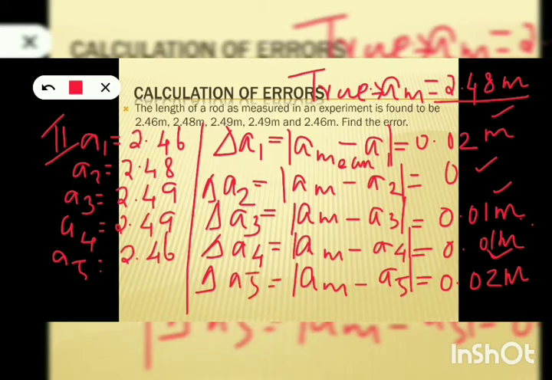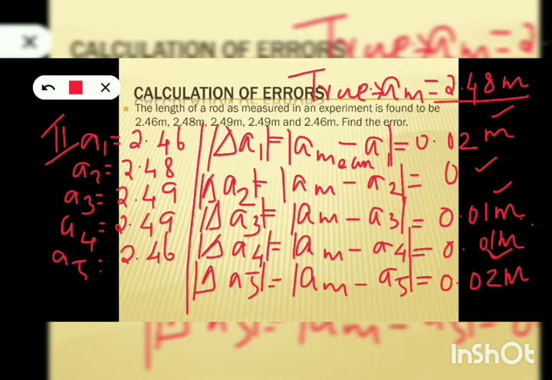Okay, so this delta A1, delta A2, delta A3 all represent the absolute error, and we put it in a modulus sign because we are considering only the magnitude of the difference. So these delta A's are the absolute errors in the measured quantities. So what do you mean by absolute error? Absolute error is the magnitude of the difference between true value and the measured value. Okay, so this is the second step that we have to do. So like this we can find the absolute errors of each measured value.